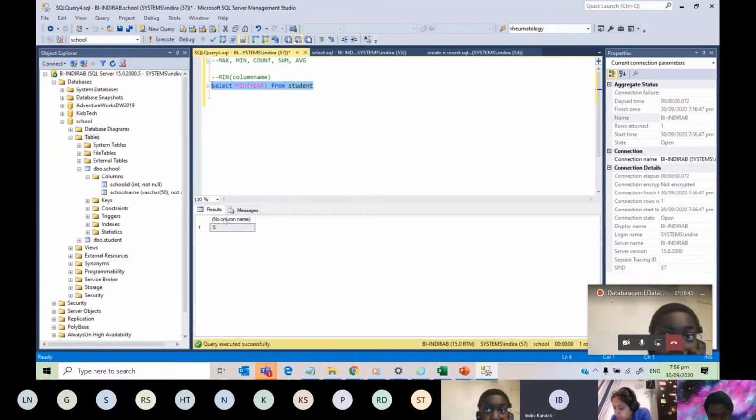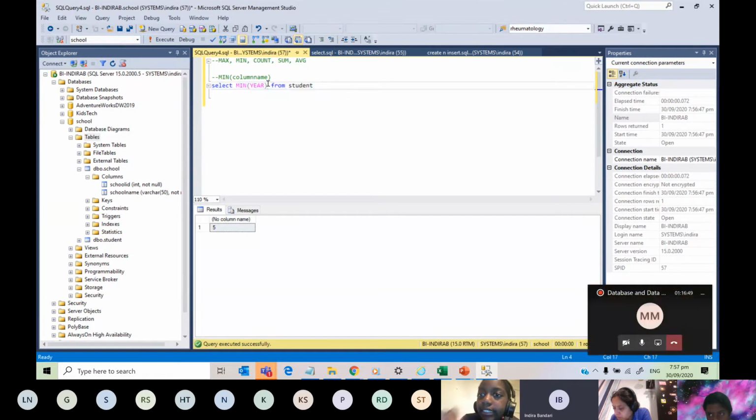Did it give you any column name here? No. So we don't know what we have executed, right? So that means we should give a column name. So I'm just going to give a space here and give the column name as min year. Now if I run it, 5, and then you know that this is min year.